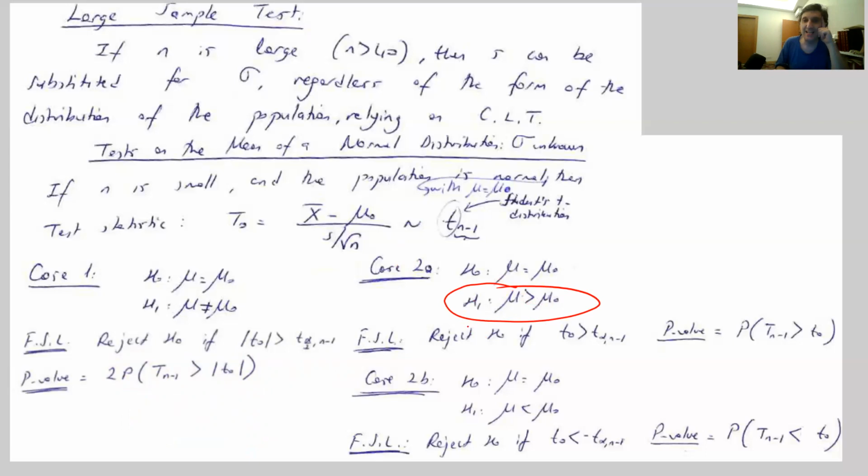All right, so case A is when the inequality turns into mu is greater than the mu0 value. Then this fixed significance level approach is going to consist of an upper limit evaluated at t alpha. Note that it's not going to be t alpha over 2, but it's going to be at t alpha. The reasoning is, I think, obvious. And the p-value is going to be exactly equal to this, but it's going to be one-sided.